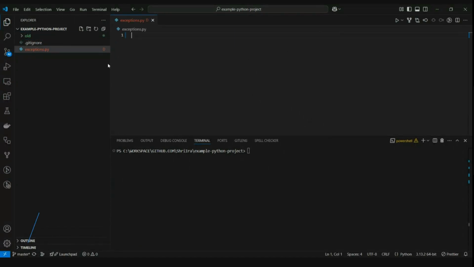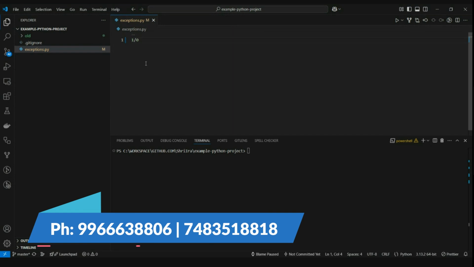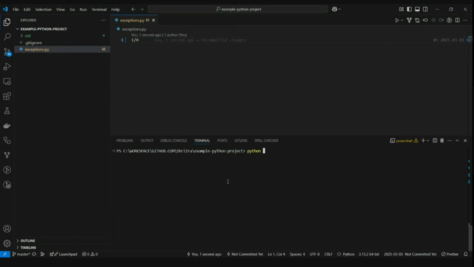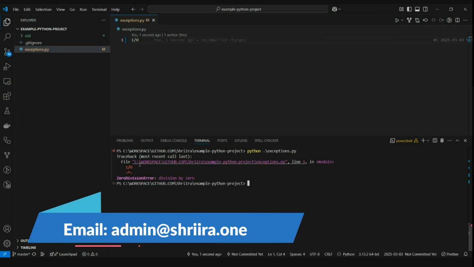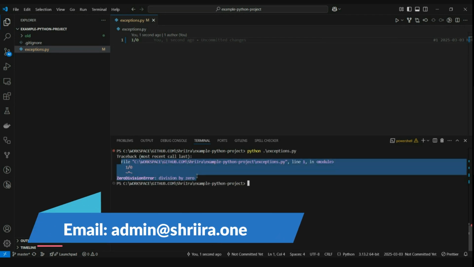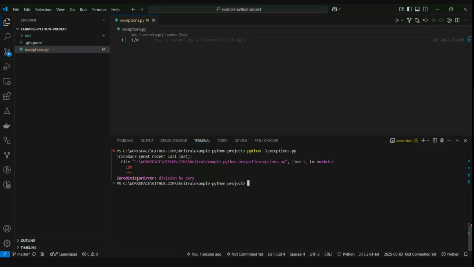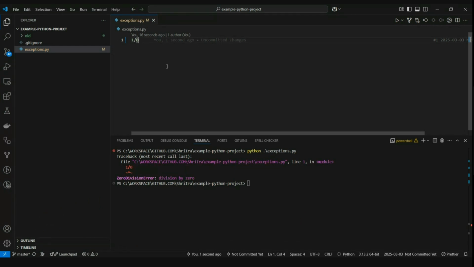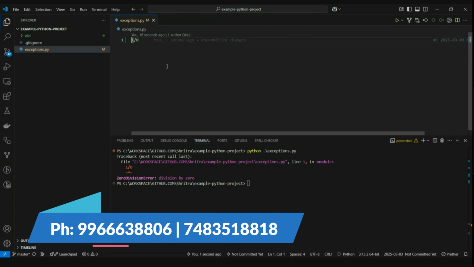Let's say I will have 1 divided by 0. This is an invalid operation. If I try to run this code, it will crash. So this is actually throwing an error called ZeroDivisionError. Sometimes we will have to handle these exceptions or errors inside the code so that we can execute programs gracefully,